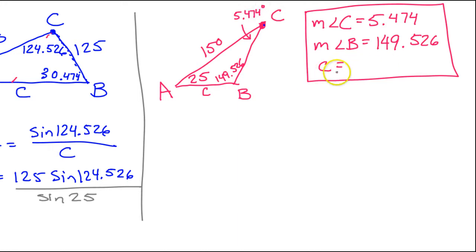Okay, so that just leaves side C. So for that, we're going to have to do the law of sines. Okay, so let's see, what do we have? Angle B and side B, we have both of those, so let's start off using those values. So I think this time I'm going to do the side over the sine angle. So side B is 150 over the sine of angle B, which is